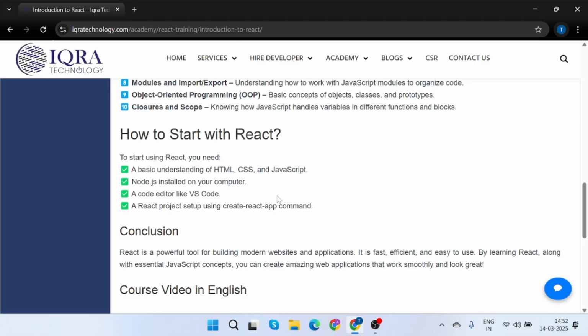So friends, that's a quick introduction to React. We covered what React is, why it is so popular, and how it works, the basics you need to know before learning it. So React is fast, efficient, and easy to learn. It uses components, JSX and a virtual DOM for better performance. If you know basic JavaScript, you can start building React apps today. In the next session, we will set up a React project.